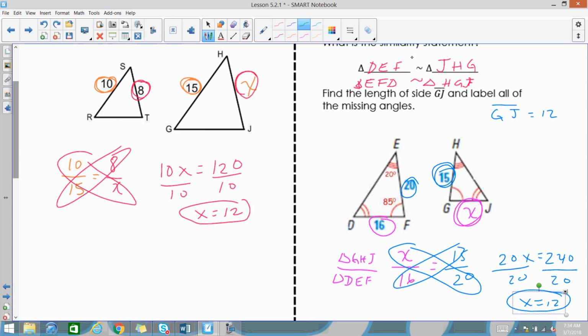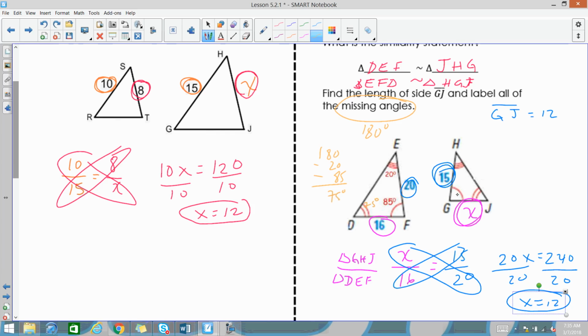All right, so here's our last part. Now, it says find all the missing angles. Now, this is like a replay of 8th grade and freshman year. All 3 angles of a triangle do what? Well, they add up to 180 degrees. So if you know these 2 angles, 20 and 85, to find the third missing angle, D, you're going to go 180 minus 20 minus 85, and you're going to end up getting 75 degrees. So this angle is 75 degrees,